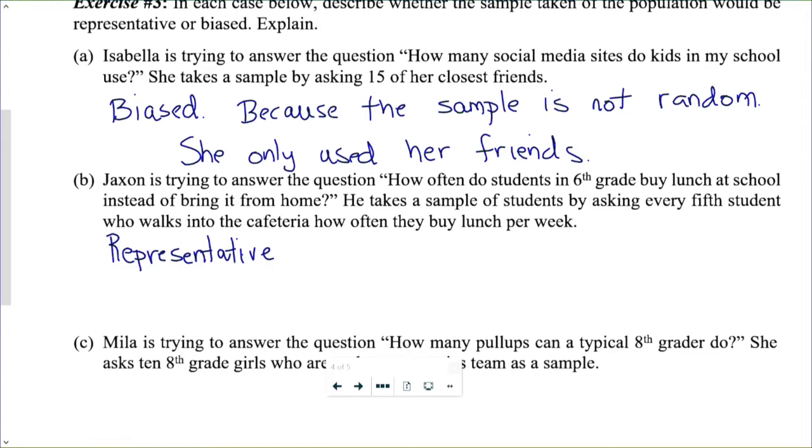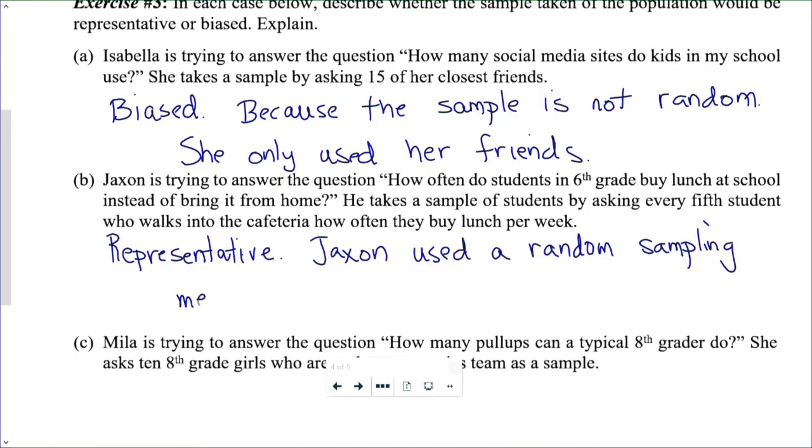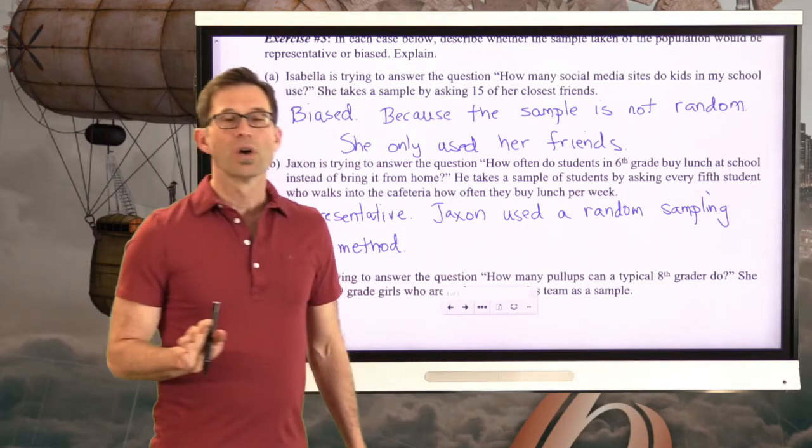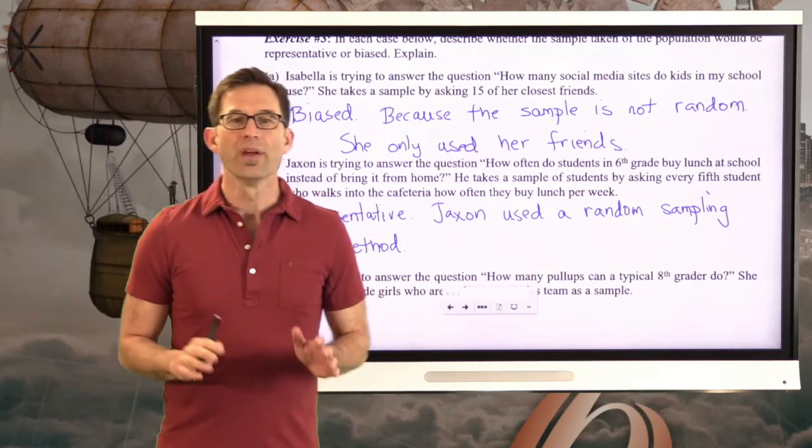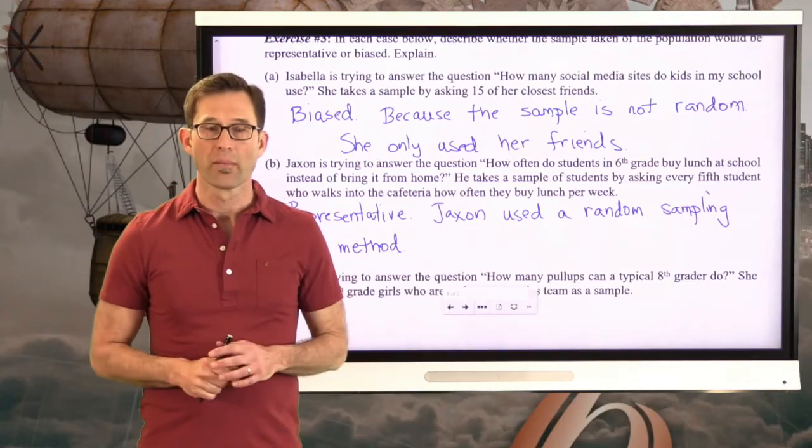Okay, and it's going to be representative because Jackson used a random sampling method, let me call it. So picking every fifth student is a very good kind of random sampling method, you know, and you'd